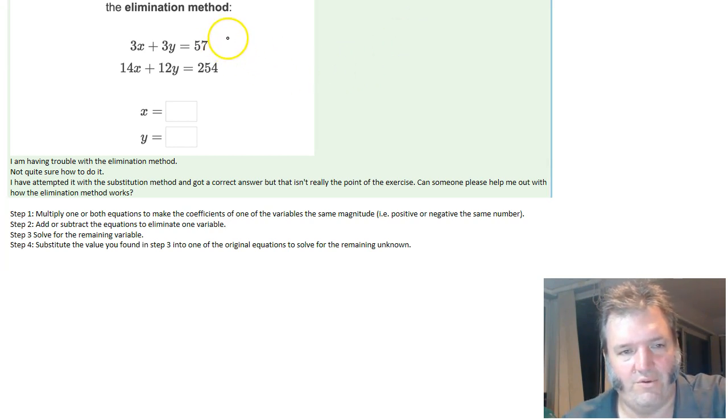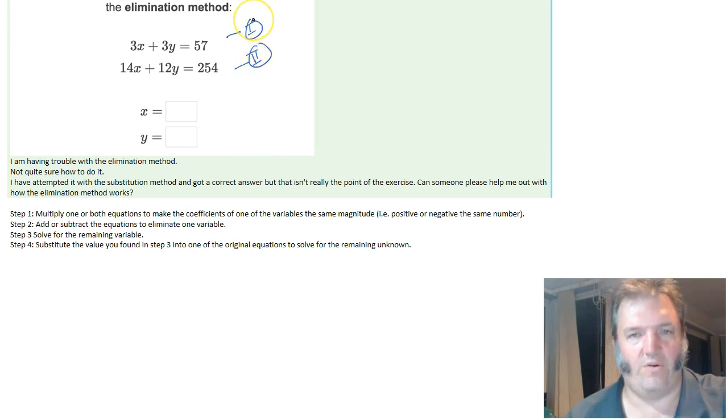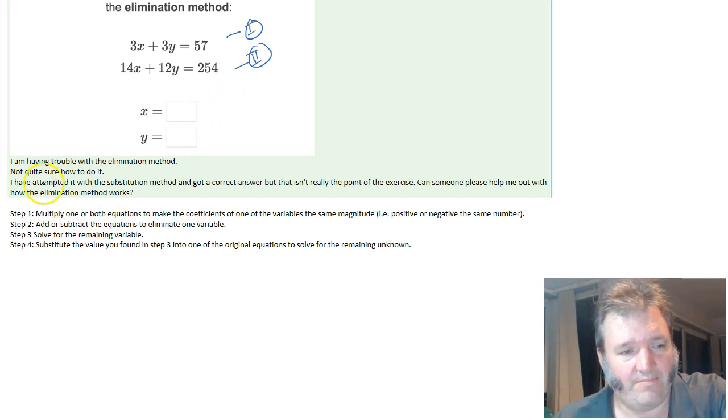But here we've got two equations. I'm going to call this one equation 1 and this one equation 2, as I always do. All right, so I've got my two equations. Not very exciting so far. Now, step 1. Down here, multiply one or both equations to make the coefficients of one of the variables the